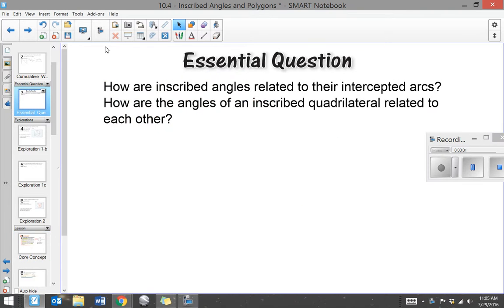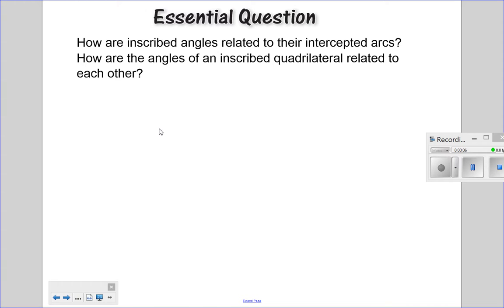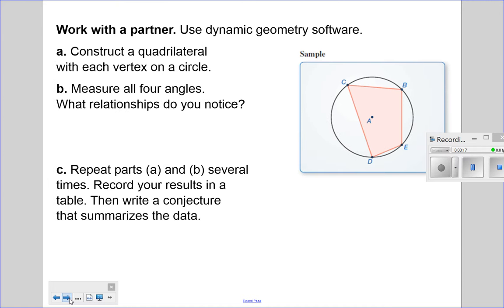Record. We got to go back, though, for a second. I'm just going to say what the essential question is. How are inscribed angles related to their intercepted arcs? How are the angles of an inscribed quadrilateral related to each other? And then we skipped ahead and we talked about